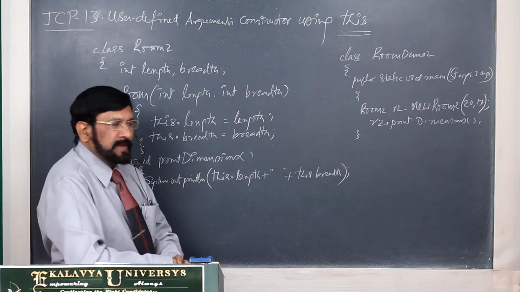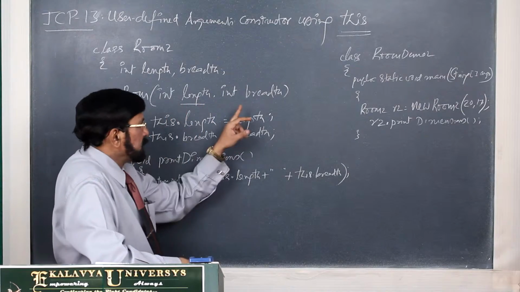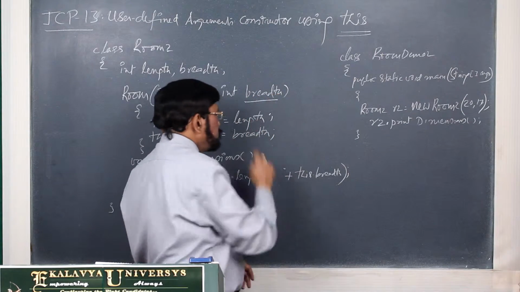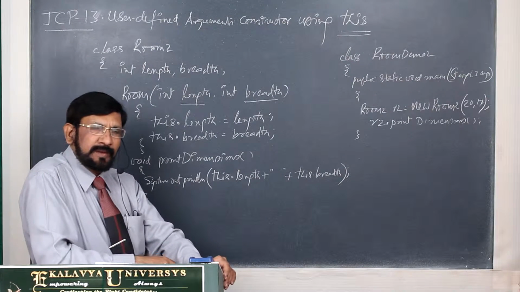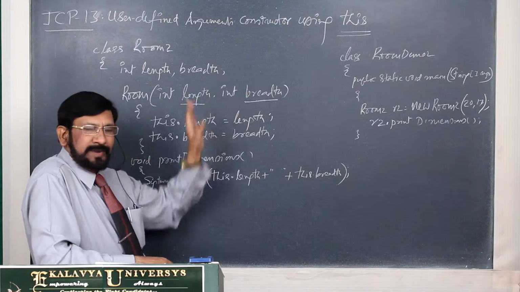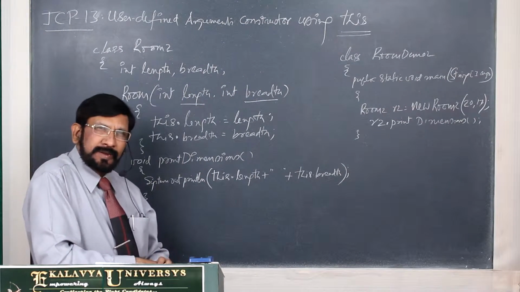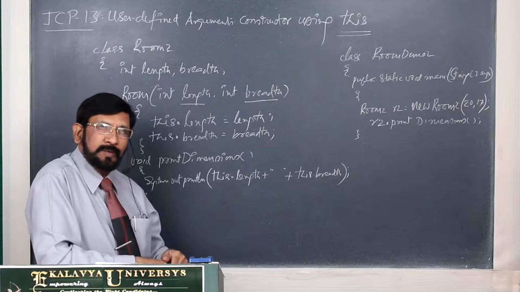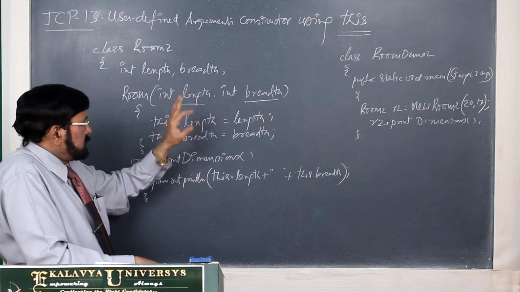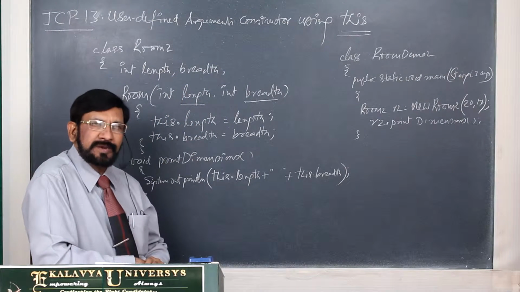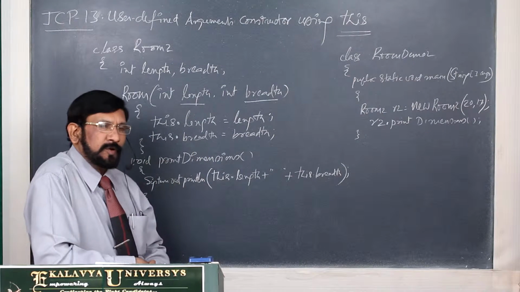If you see the previous program, instead of length I used L, instead of breadth I used B. Those are fictitious names for the parameters. Now I want to use actual names, then the code will be more readable. Sometimes giving fictitious names causes problems, which can only be understood practically. If we use actual names, that is the most convenient way. And number two, the code is quite readable.